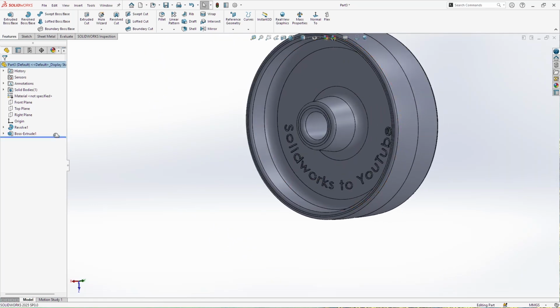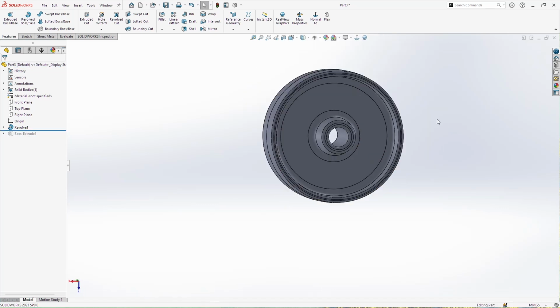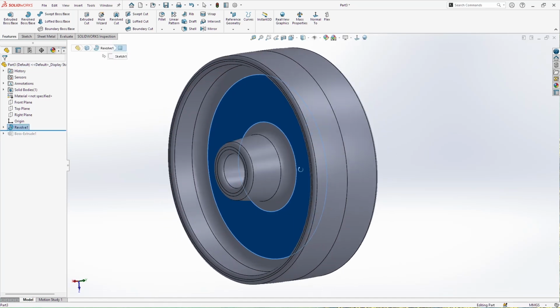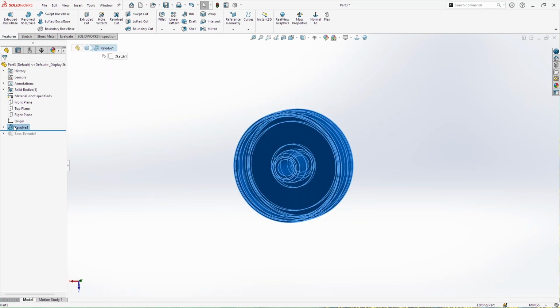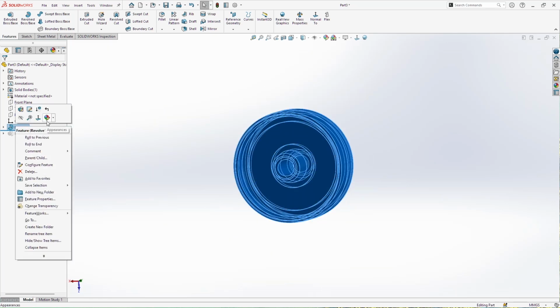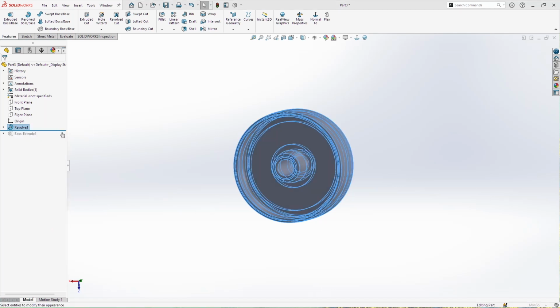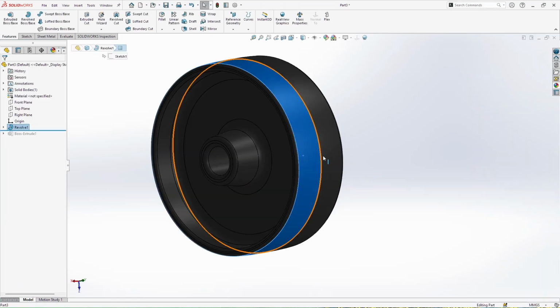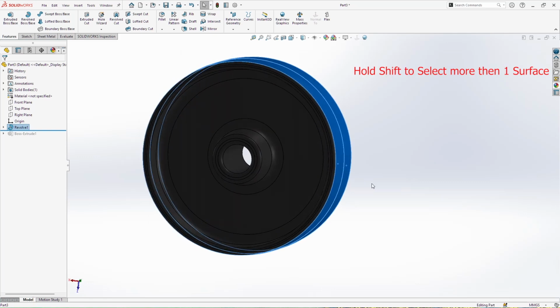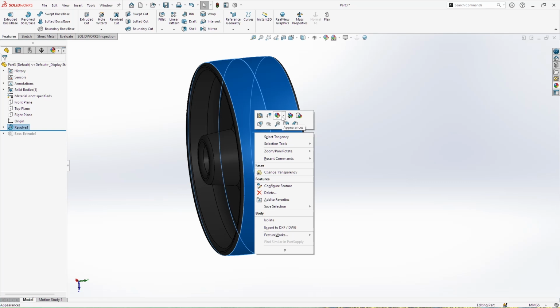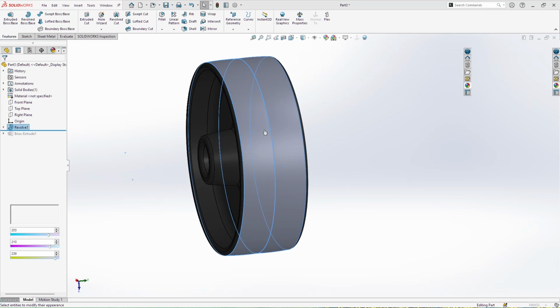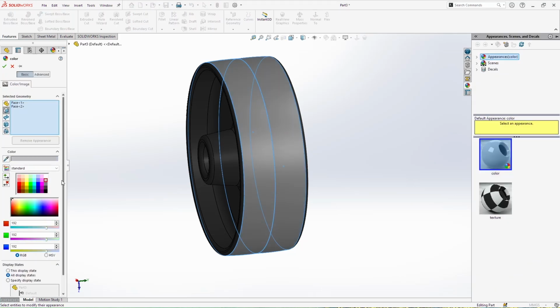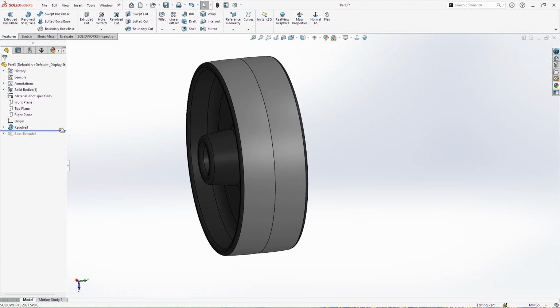Now I'm going to drag this line to here, and first I'm going to add few colors. So select all surfaces and go in appearance, revolve 1, and I'm going to use this color here, and then select these two surfaces and right click and click on face. I'm going to use this color here, and